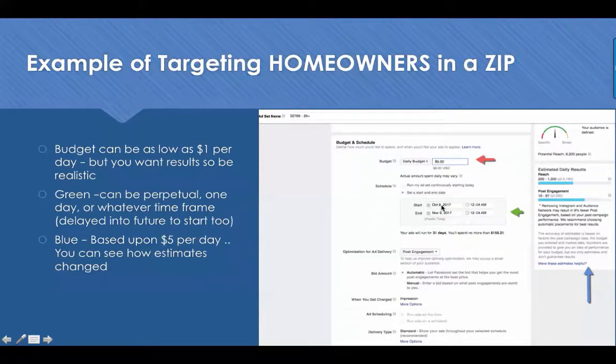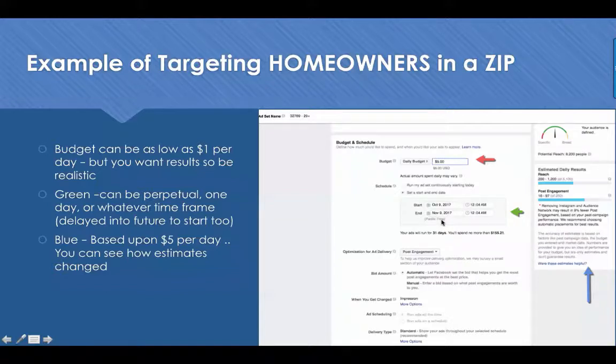Now, this start date does not have to be today. You can go ahead on Monday and start running your open house promotions for Friday the 11th through Saturday the 12th, or through Sunday the 13th, Friday the 13th to Sunday the 15th, and you can set this to shut off at 1 p.m. or at 4 p.m. These are Pacific time, so if you're on the East Coast, add 3 hours to it.